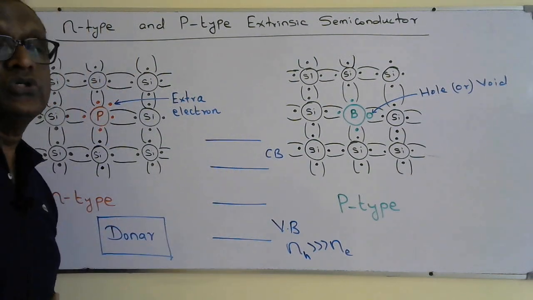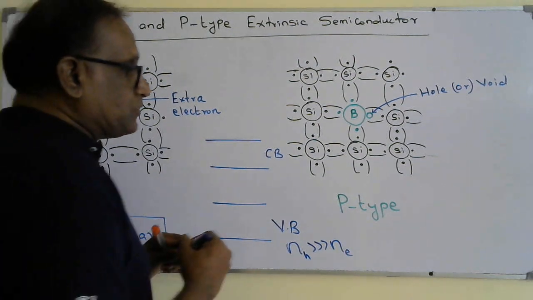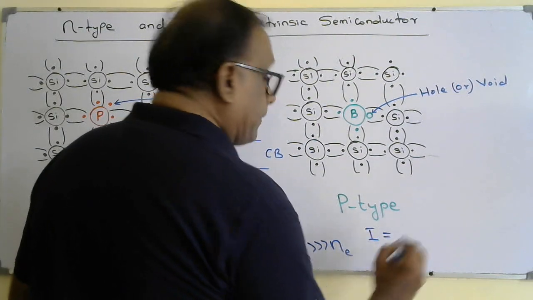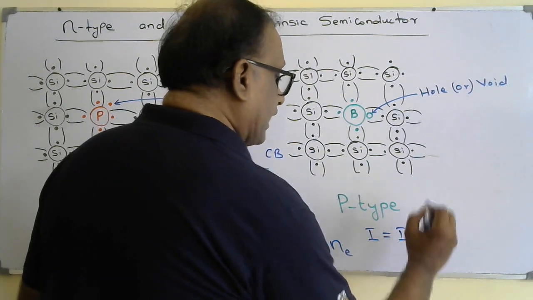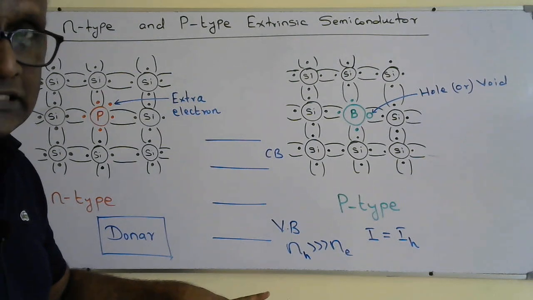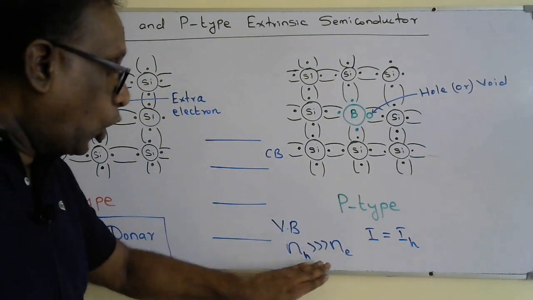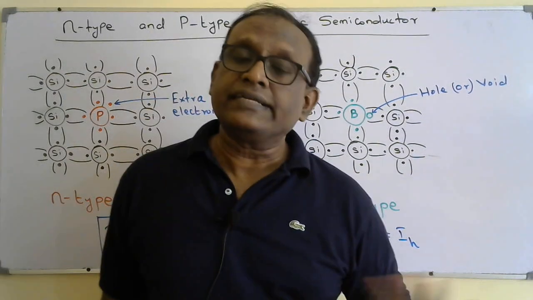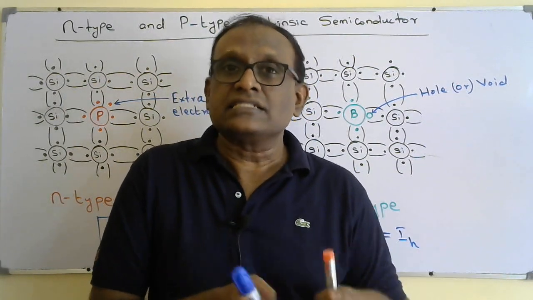So current flow due to the conduction band electrons is negligible. We can say the current flow in the p-type extrinsic semiconductor is due to holes, and the current due to conduction electrons is negligible. So here we say in p-type semiconductors, holes are the majority carriers because they are the main charge carriers involved